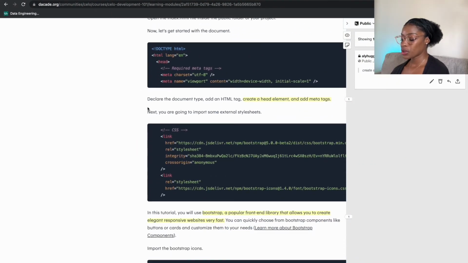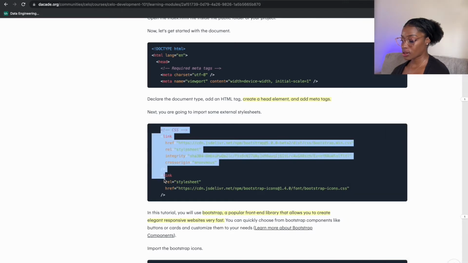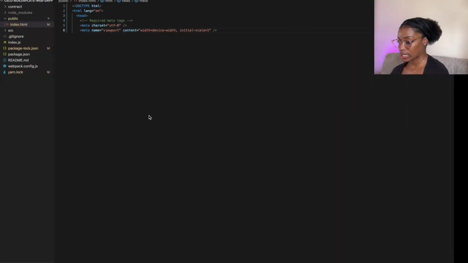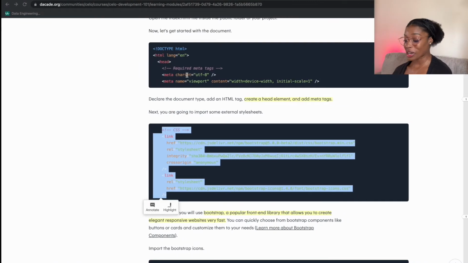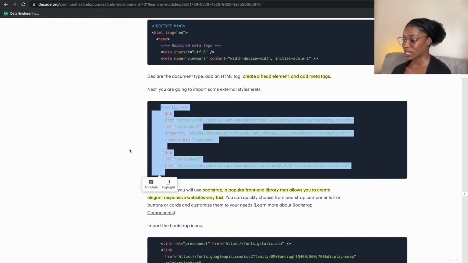They said next you're going to import some external style sheets, so I'm just going to copy that. You see that's another comment on the top there saying CSS. It's using something called Bootstrap. Bootstrap is a very popular collection of CSS files, which really helps you structure an application. When I was learning HTML and CSS during my degree, we used Bootstrap, so we barely even did CSS from scratch, which is a pro and con, I don't know, because it really helps you develop faster. And now they want you to import some icons,